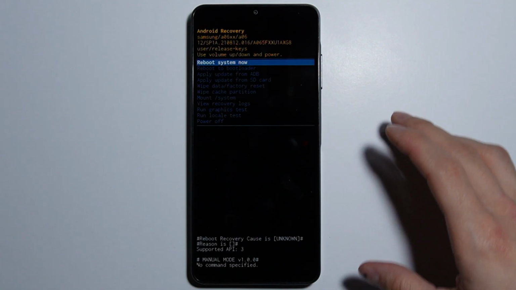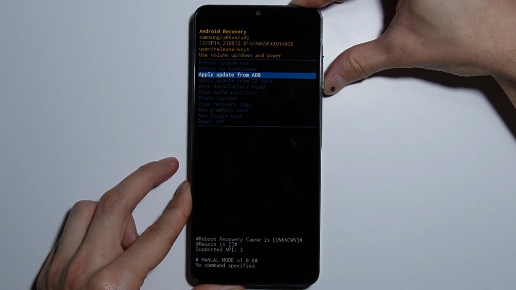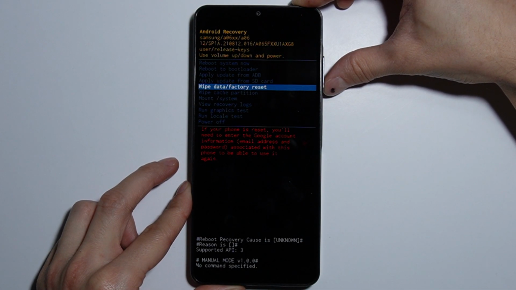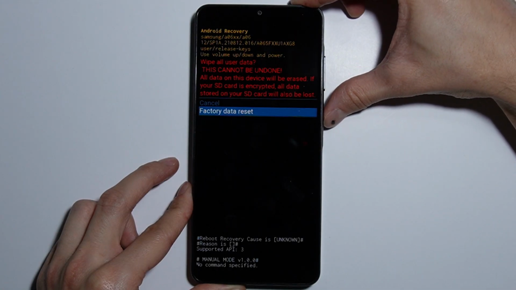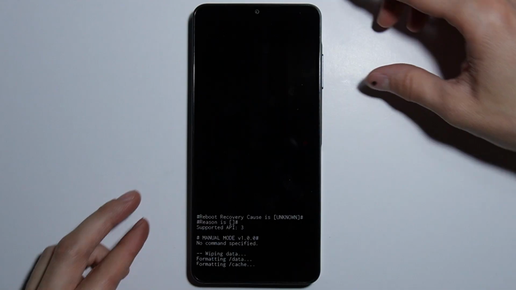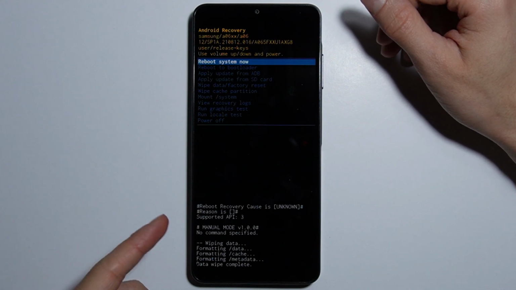Alright, and just like that, we are in the recovery mode. And so we have to go into the wipe data and factory reset. We have to enable it, we have to go in here, and factory data reset. Just like this. And so now the phone is wiping the data, and everything should have been wiped, everything should